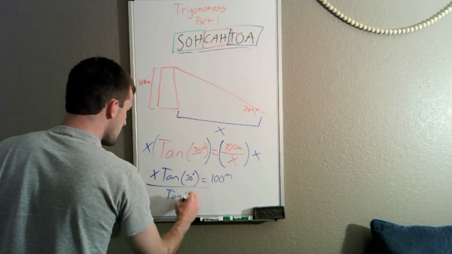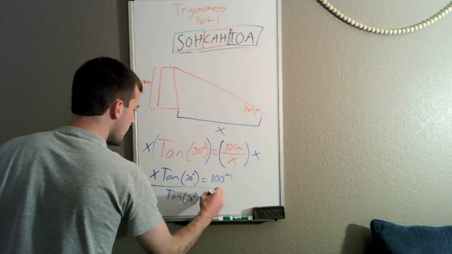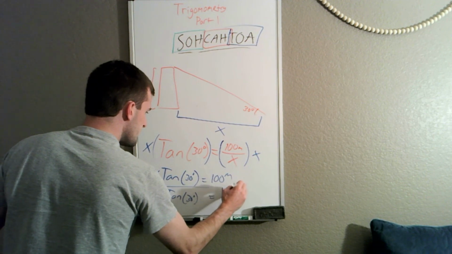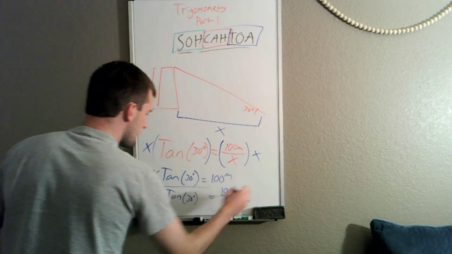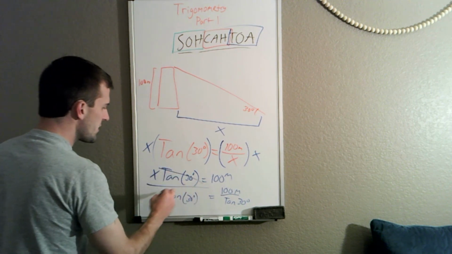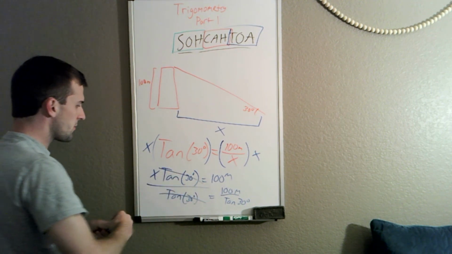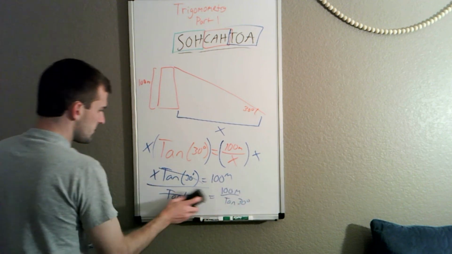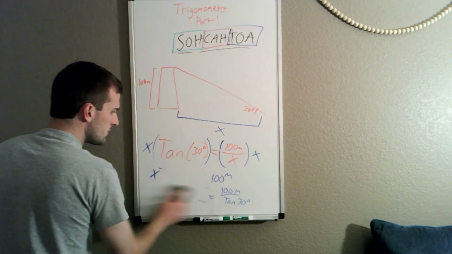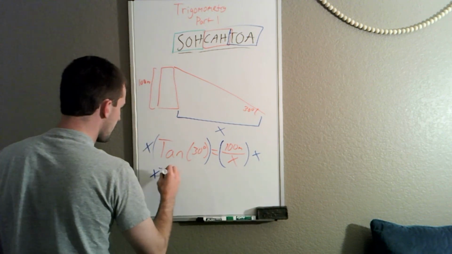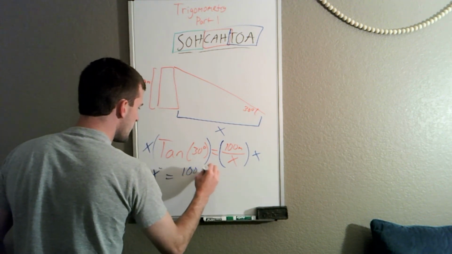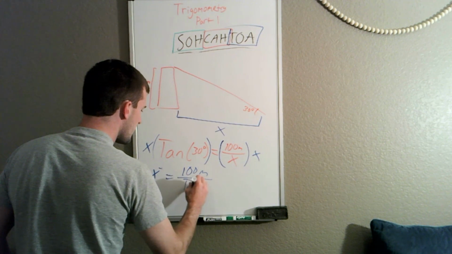I find it easier to just divide. On the left-hand side, tangent 30 will cancel out, and we're left with just x. I'll rewrite that. So we're left with x equals 100 meters divided by tangent